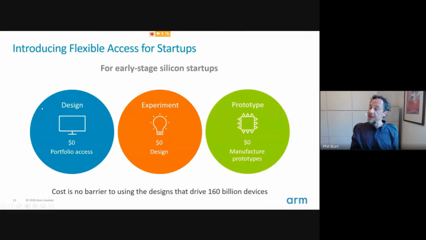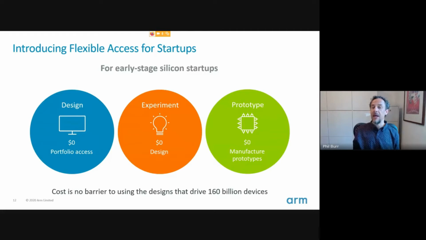So that was flexible access. Flexible access for startups. We've got rid of those access fees, so it doesn't cost anything to access the technology. You can design with no cost. You can experiment, and you can prototype and create and manufacture prototype designs without paying ARM any money. And this is targeted at startups who have less than $5 million in funding. So